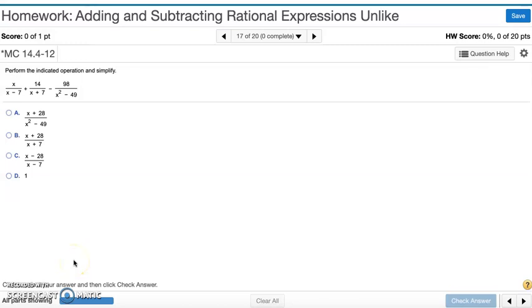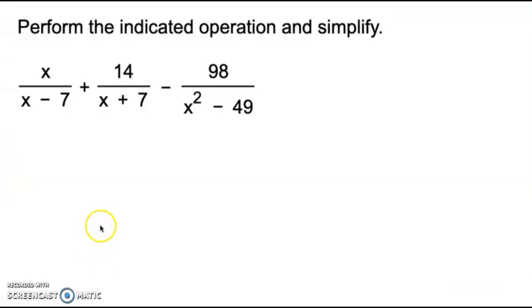Adding and subtracting rational expressions with unlike denominators. So this one is asking me to perform the indicated operation and to simplify. So let's take a closer look at it. So we're adding and subtracting, but notice that all the denominators are different, so we're going to need to make